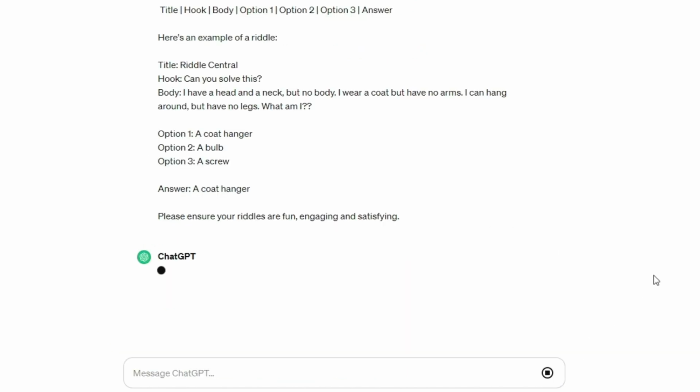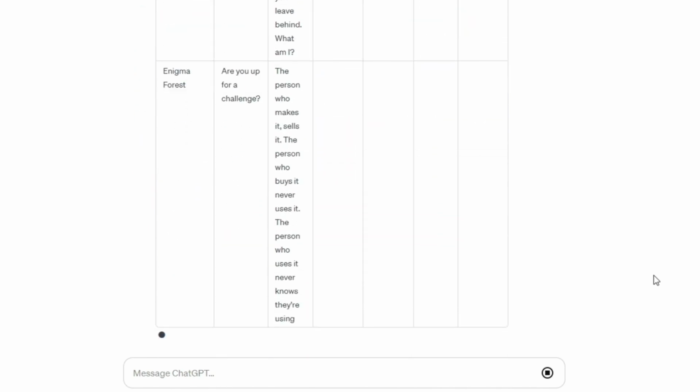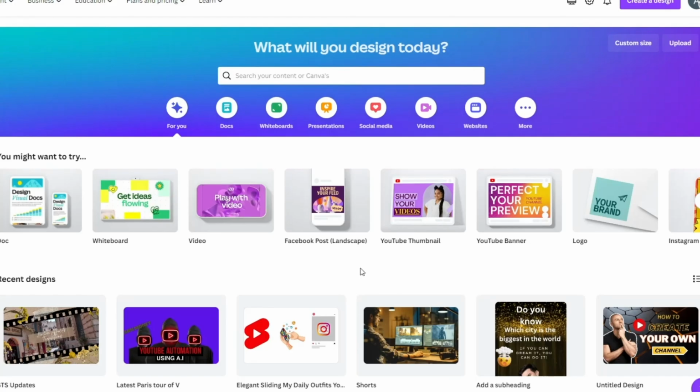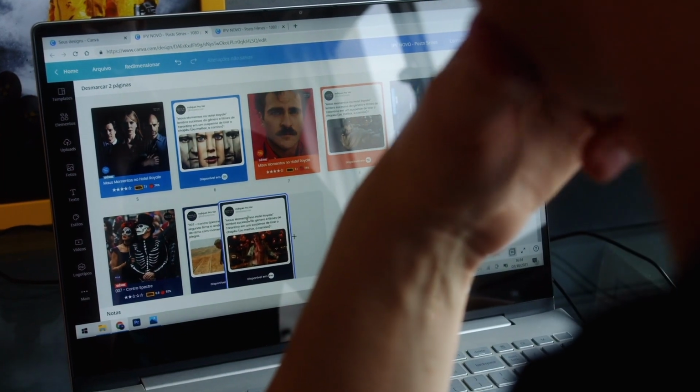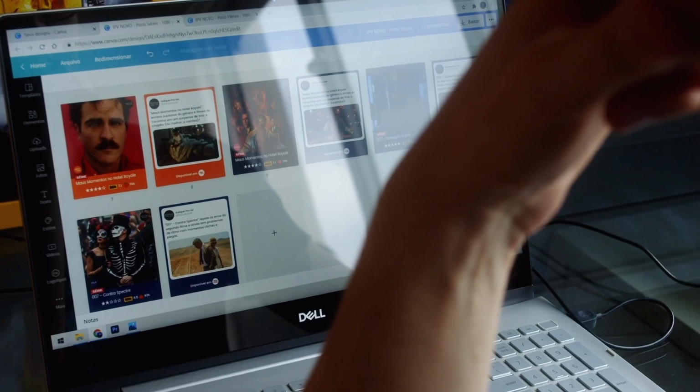After getting all the prompts, you have to copy all these and save them in the Excel sheet to create bulk riddle video posts. Now we are using the Canva website for creating our animated riddle posts for social media. Canva is the best software with many animated options for all kinds of short animated videos and posts.